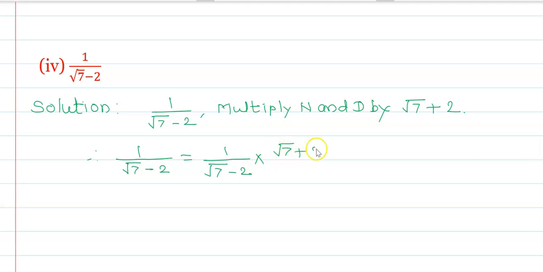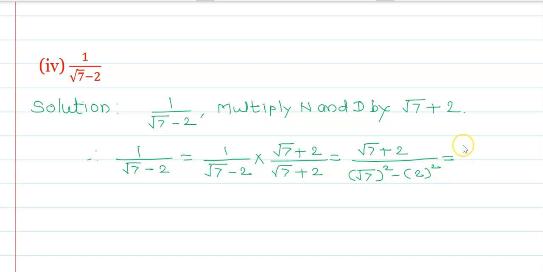Here root 7 plus 2 upon root of 7 plus 2, again 1 into root 7 plus 2, root 7 minus 2, root 7 plus 2. Therefore here you get root of 7 bracket square minus 2 square. Okay, and here